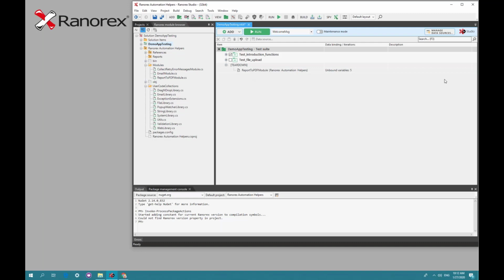And what you can see here is that it has 5 unbound variables. Variables are usually a way of configuring an automation helpers module or a user code function. And many of our automation helpers modules don't need to be configured. They really work right away. So for the moment we simply ignore these 5 unbound variables and simply start our test